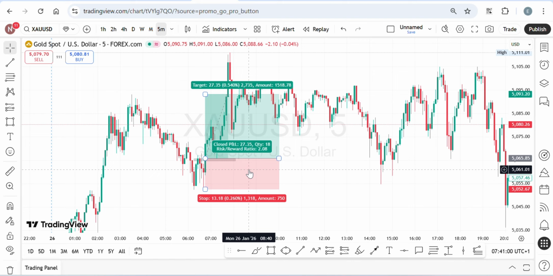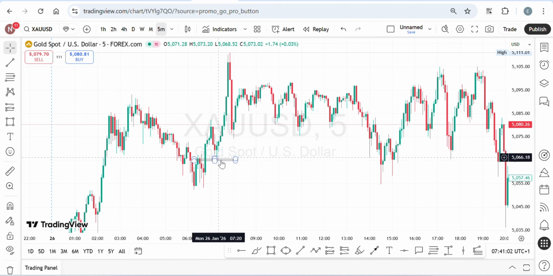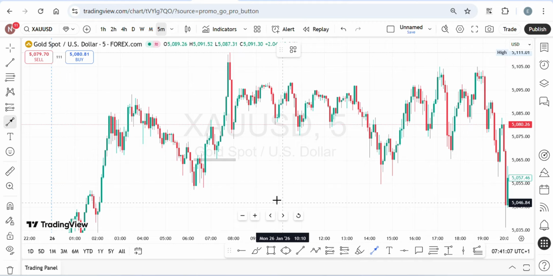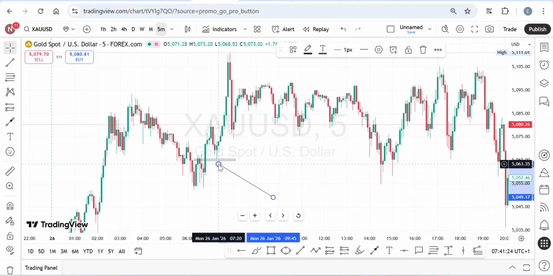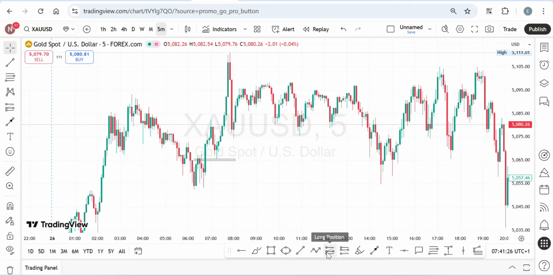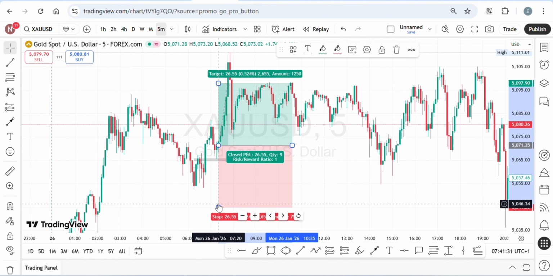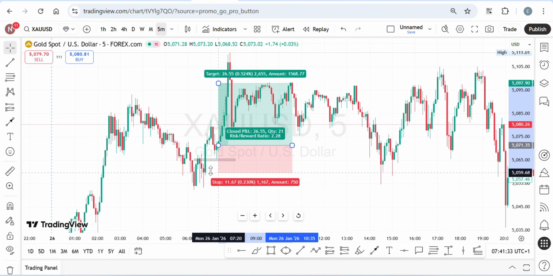So when price came back and tapped into this level, it failed to close below, giving us the indication it wants to continue higher. So that was when I took a position at this place using the low of that candle for my stop, and I was able to get more than 1 to 2 RR. So my setup was just like this,